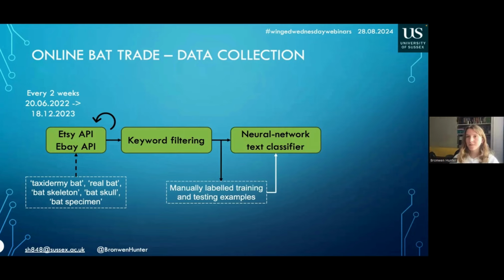And then I used another machine learning model, and in this case it was a neural network, which is a slightly simpler machine learning model, actually a lot simpler than the large language models. And I trained that with 1,000 manually labeled training and testing examples. And then after that step of filtering, I was left with all of the bat relevant listings.